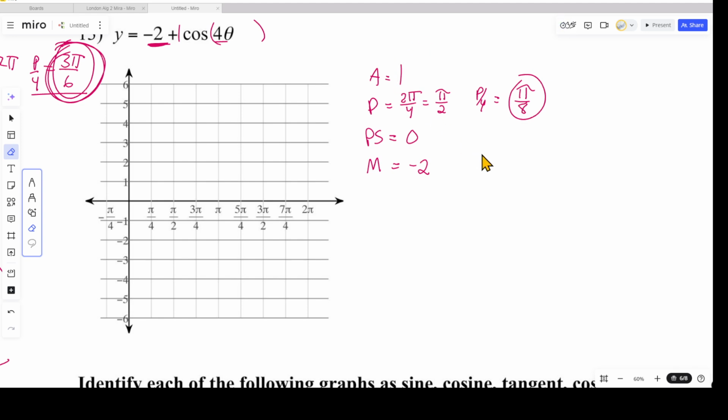We'll see. All right, so I get my starting point, 0, -2, up in amplitude, down in amplitude, and to the right by a period, which is pi over 2. Not too bad. Then my quarter periods are pi over 8, which I can just cut this in half and then cut those halves in halves. But yeah, that is pi over 8. And cosine starts high, middle, low,